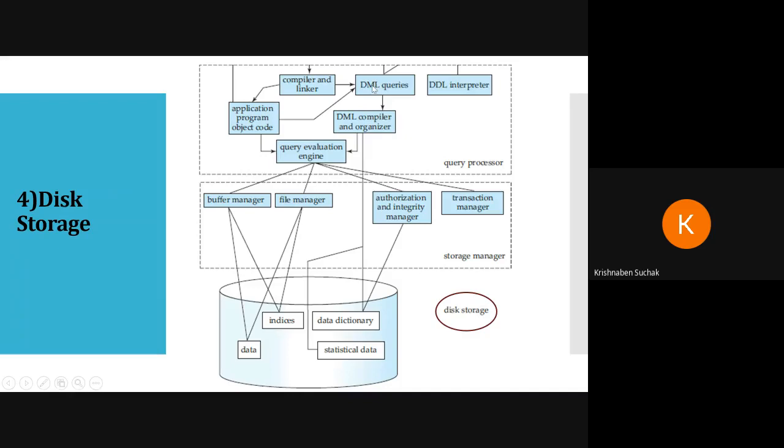So what does a DML query do? Whenever you are writing any DML query, let us say modify or create or anything, at that time it will go to the DML compiler. The compiler will check whether everything is correct or not. If there is any error, it will show you an error. Then it will go to the query evaluation engine. In the query evaluation engine, it will execute the low-level instructions generated by the DML compiler. Here the DML compiler will generate low-level instructions and they will be performed by the query evaluation engine. Okay, am I clear, Alvish?